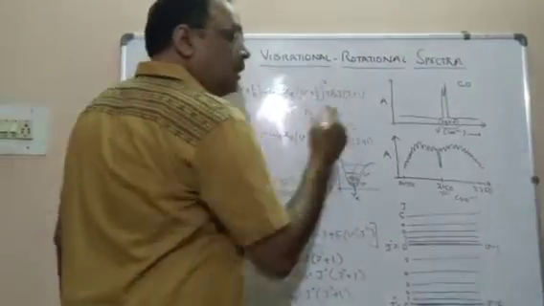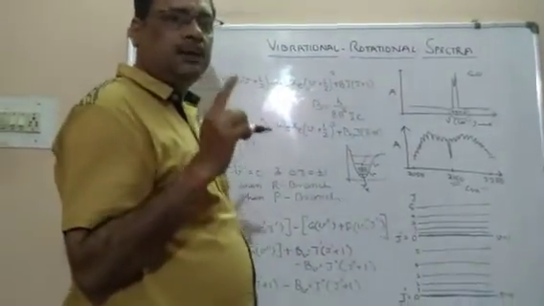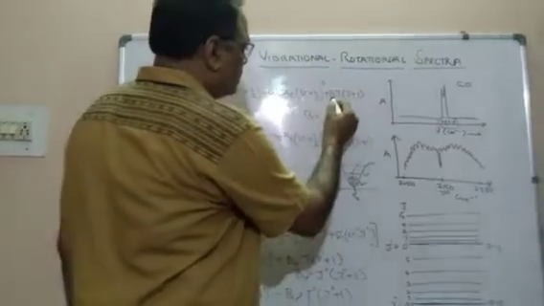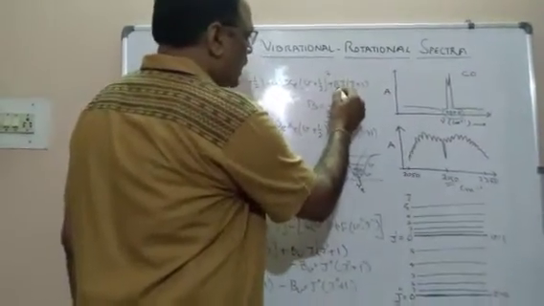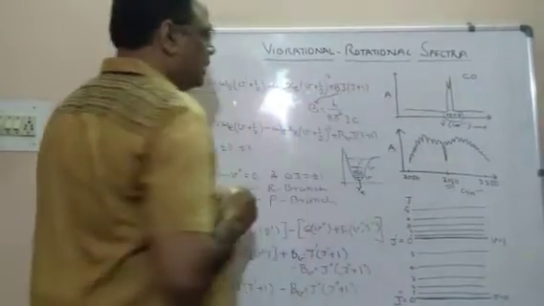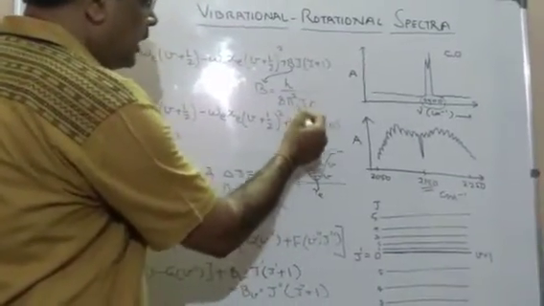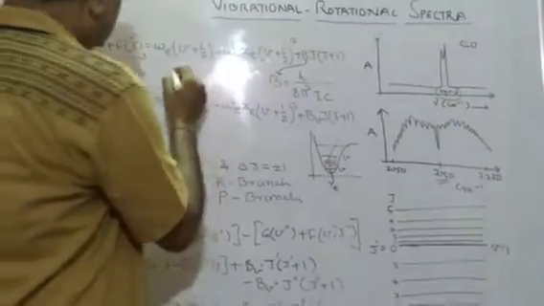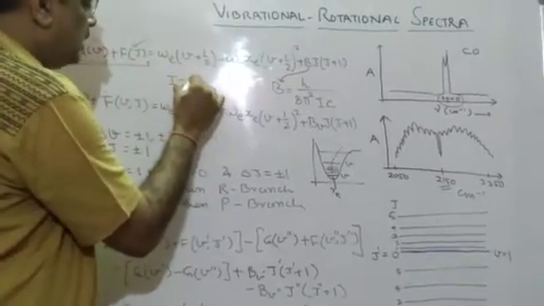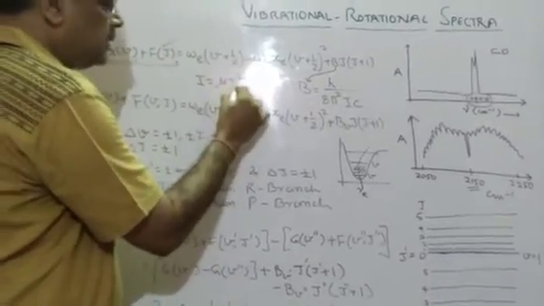And in my video on pure rotational spectra, I talked about BJ(J plus 1), and this B constant is written as h upon 8 pi squared Ic. I is the moment of inertia, I equals mu r squared, which depends on the value of